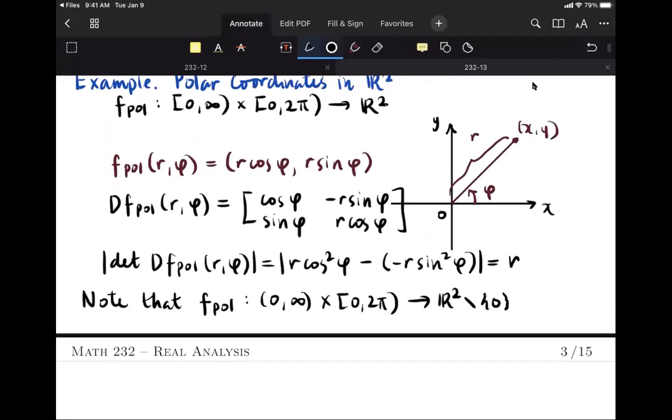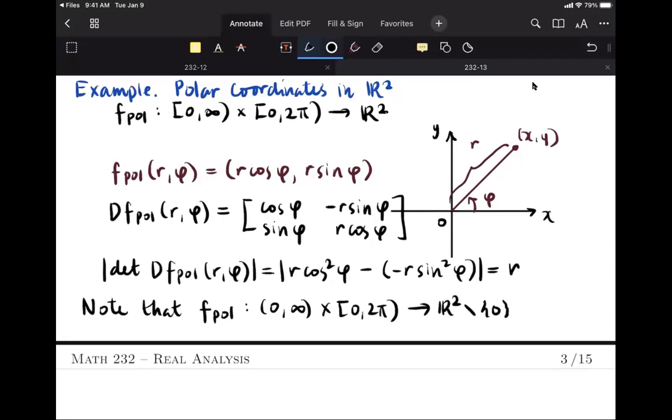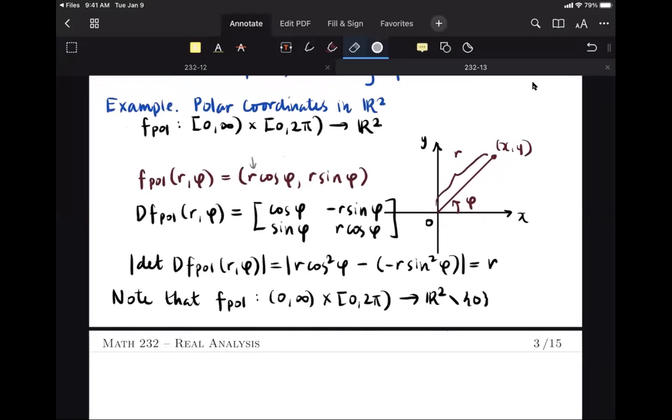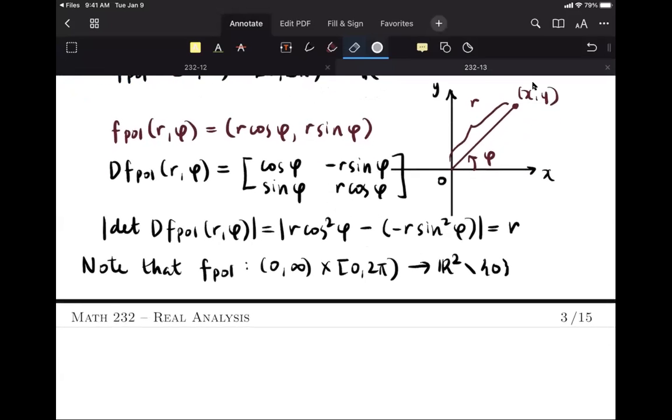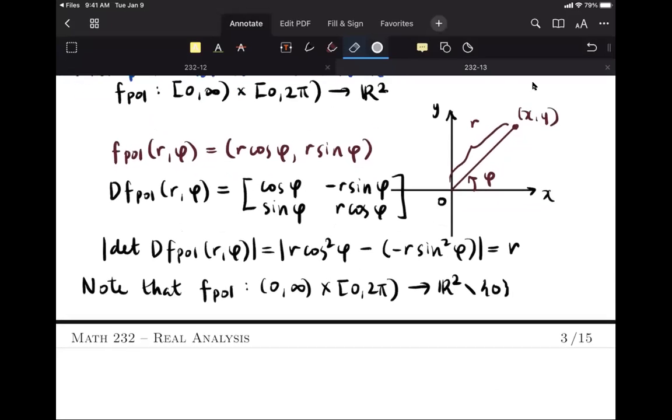Take note that here, if r is 0, no matter what the value of phi, you will get the origin. So with that, this function is not bijective. But then if we ignore or remove that point, hence removing the origin as well in R2,